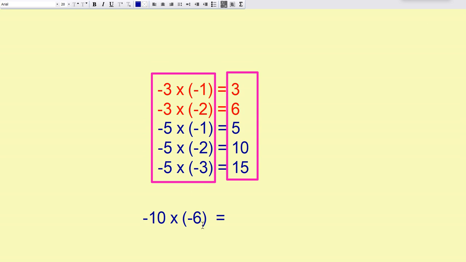If it is so, what is negative 10 into negative 6? You just multiply 10 into 6 and put a positive sign to this 60. So, negative 10 and negative 6 is equal to positive 60. Since it is positive, no need to write the positive sign here. You can write 60. This way, you are multiplying two negative integers.